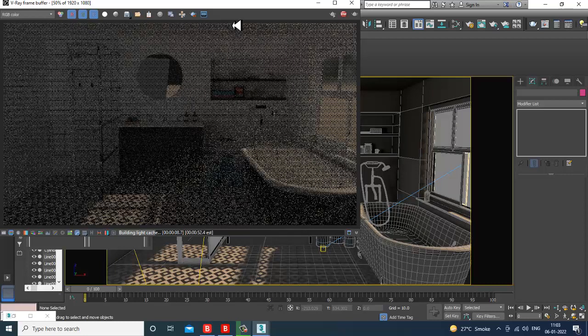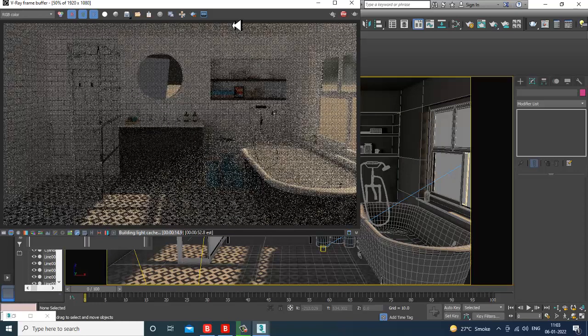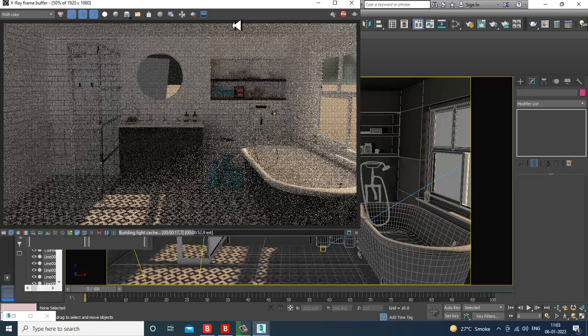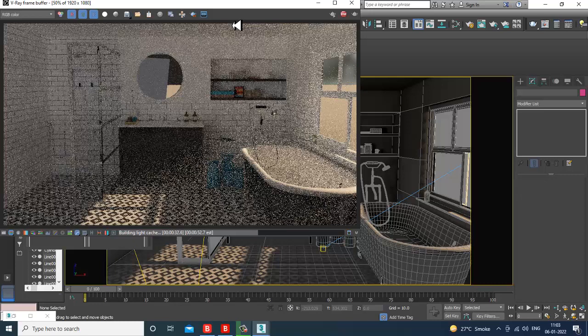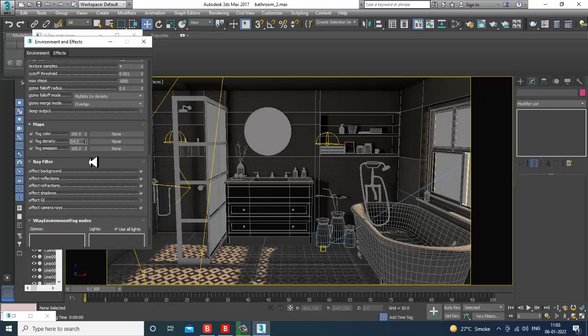So let's see how it looks like. There's a lot of noise. So you can reduce this fog density.